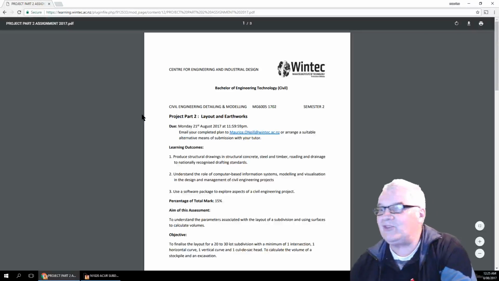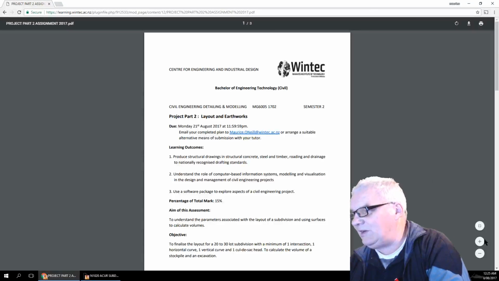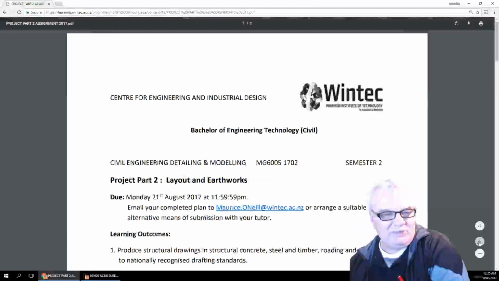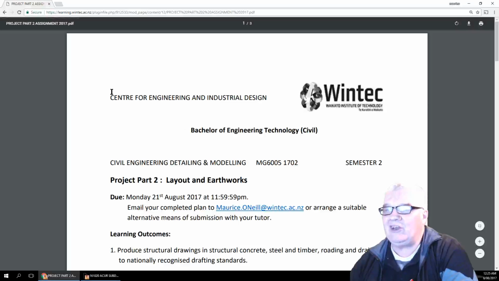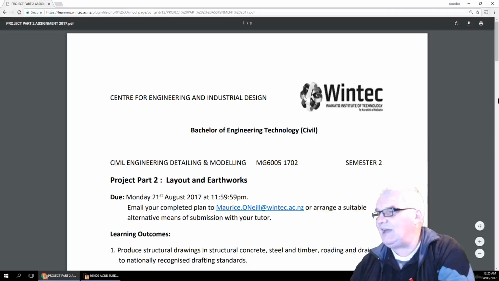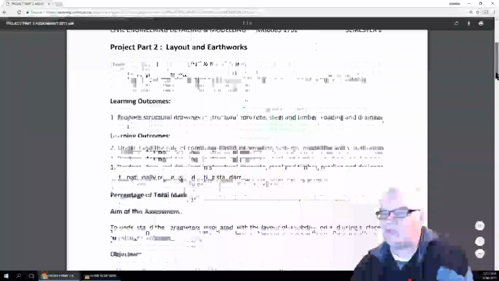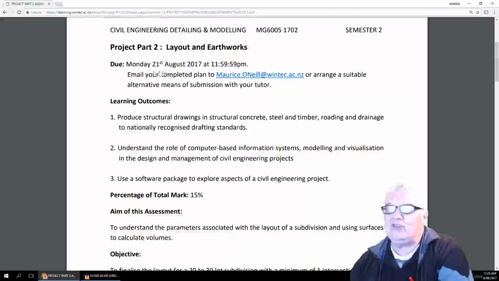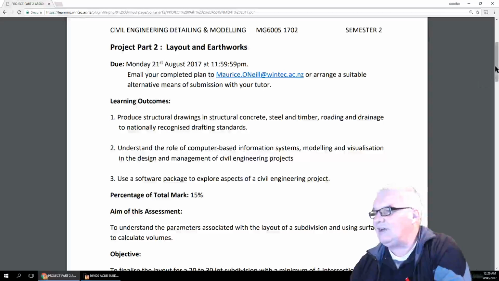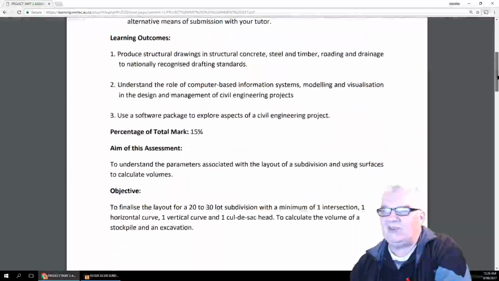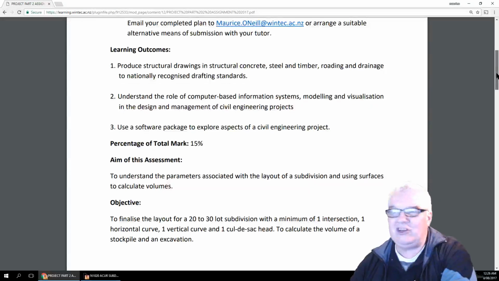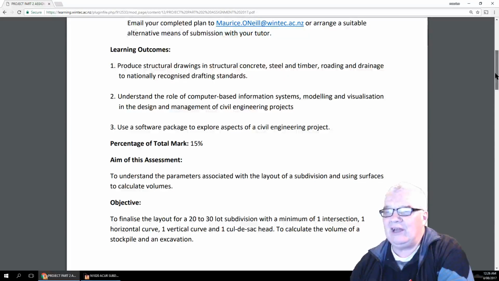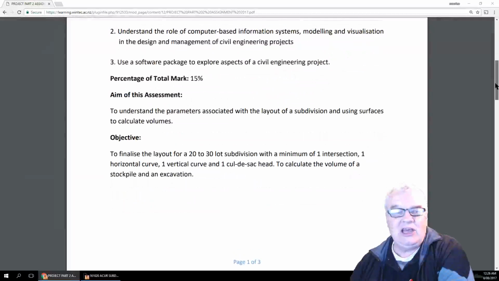Okay, so that was pretty straightforward, really. We could make this a little bigger perhaps, and see how we go. So Centre for Engineering, Layout and Earthworks, as we can see there, we've got the due date and time here, 21st of August, like so, 2017. The learning outcomes, which are the same for the whole project and in fact the course, so nothing to add there. It's worth 15%,